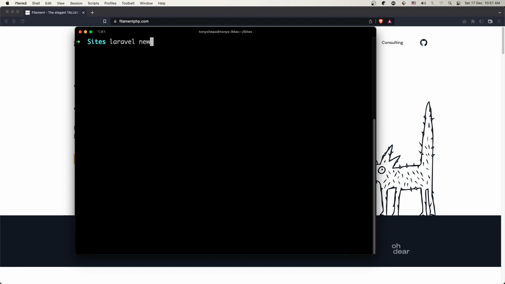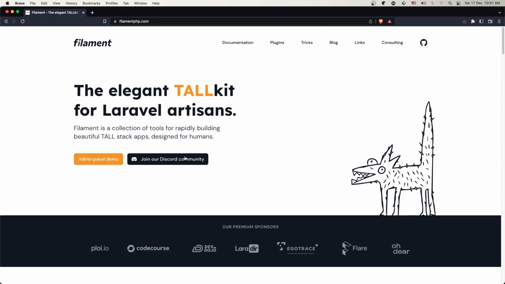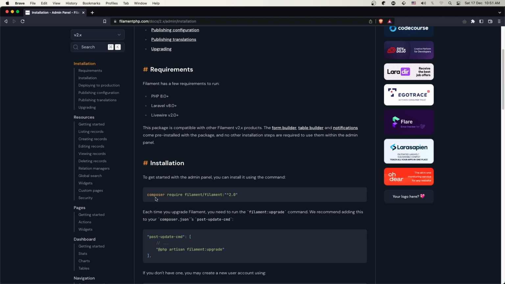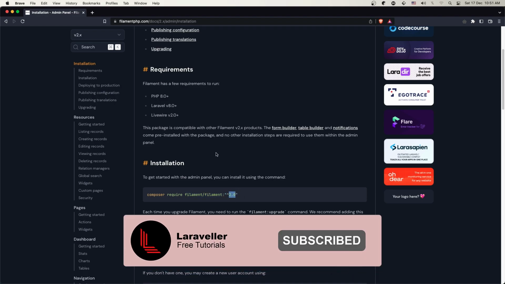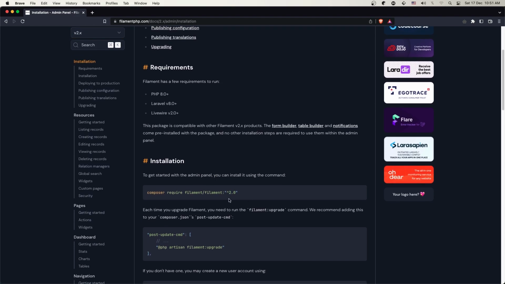So laravel new, and I'm going to name it filament-roles. Then if you go to the documentation of Filamentphp, to install we need to run composer require filament/filament and the version which is right now 2.0, and I think it's waiting to update Livewire to version 3, and then we are going to have also version 3 of Filamentphp. So let's copy this command